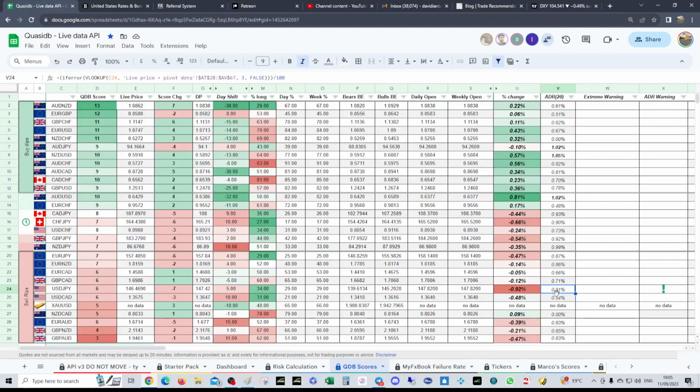If anything, because we've exceeded the ADR, you might be looking for longs, because technically we've overdone it on the day. But we can see UJ had a big drop in the scores today, a huge drop, and we're at 6 now. So that's of note. And the second thing you need to be aware of is the long percentage